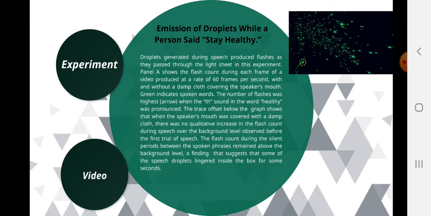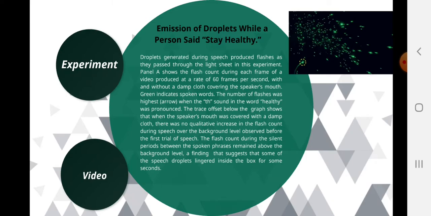Emission of droplets while persons say stay healthy. Droplets generated during speech produce flashes as they pass through the light sheet in this experiment. Panel A shows the flash count during each frame of the video produced at 60 frames per second, with and without a damp cloth covering the speaker's mouth. Green indicates spoken words. The number of flashes was highest when the TH sound in the word healthy